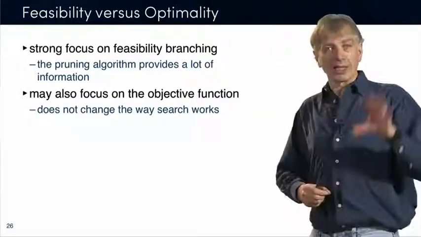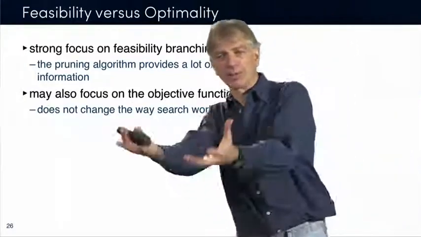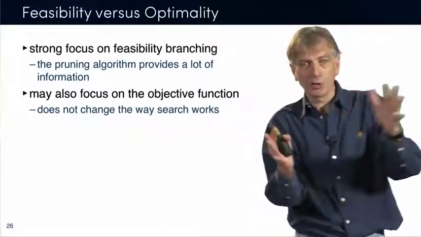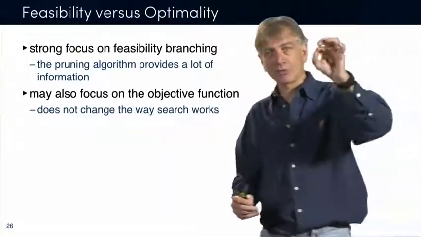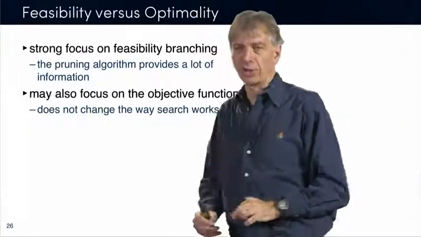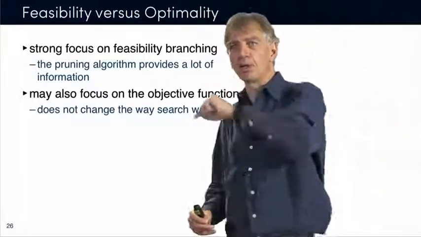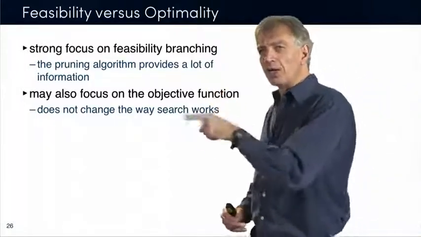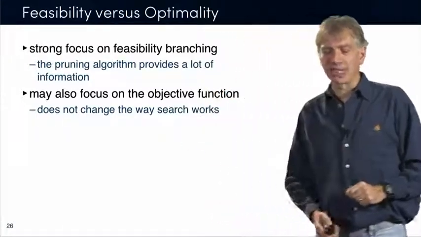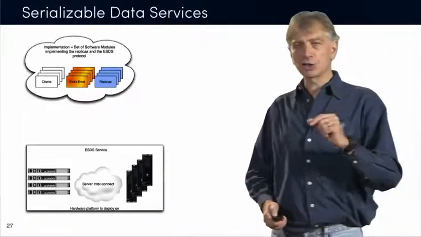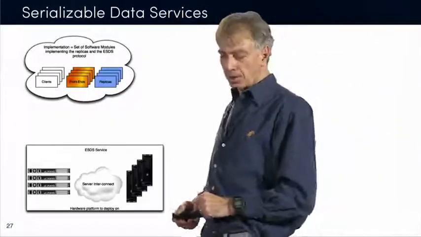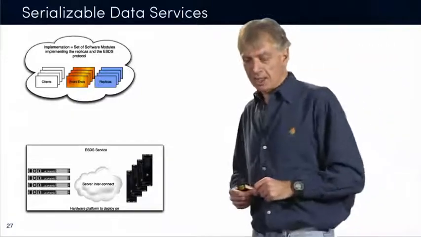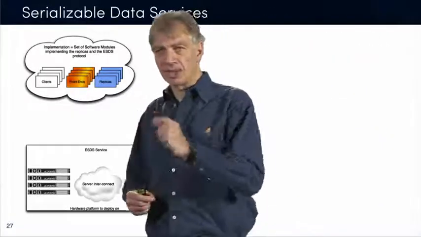Okay? Now, as I told you before, when we solve an optimization problem, that optimization function becomes a constraint every time you find a solution. So it reduces the search space. So the feasibility information is still very important. But we can do better than just exploiting the feasibility information by also reasoning about the objective function itself. And what I want to do now is illustrate that on a very interesting problem, which is generally very challenging for optimization systems. And constraint programming is really nice for solving this problem.